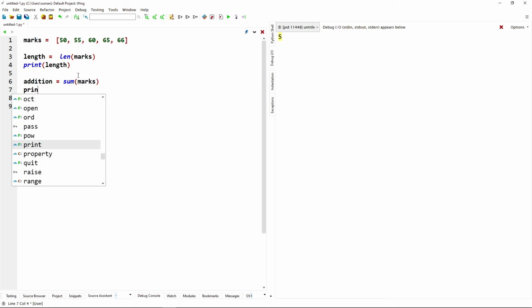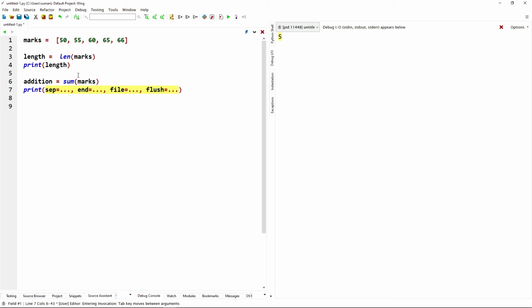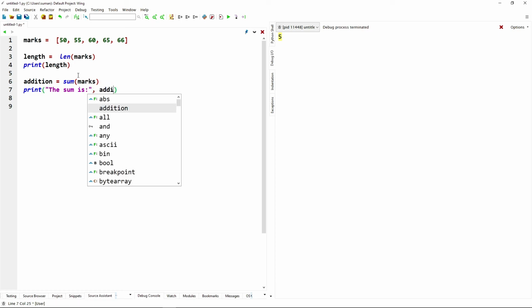So if we print "the sum is", addition, let's check the result.